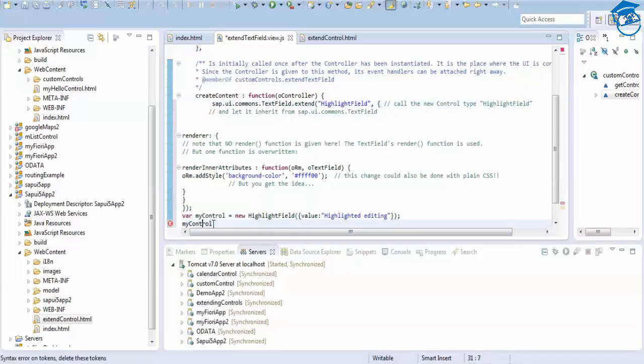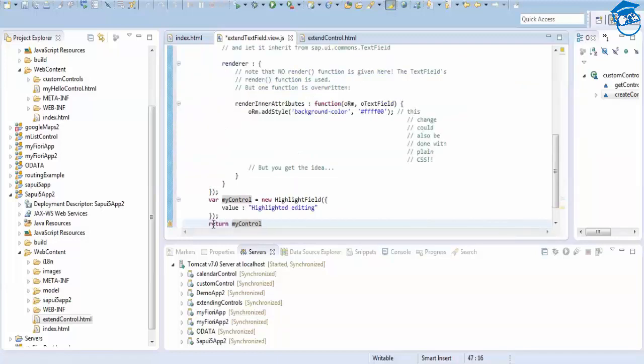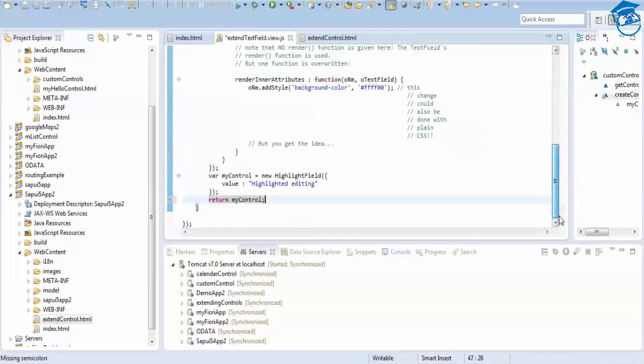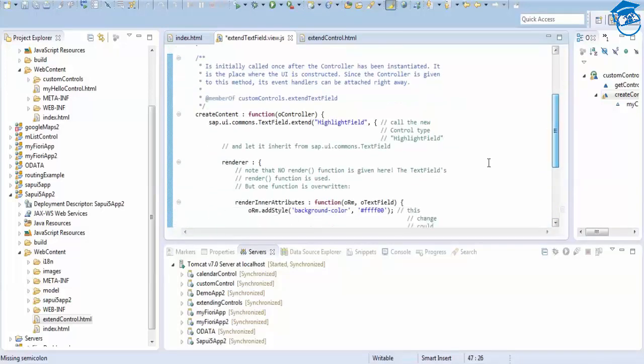I'm going to return this. Control Shift F, it gets highlighted, and I'm going to save it. So here I'll put a semicolon, because I want to end this statement.